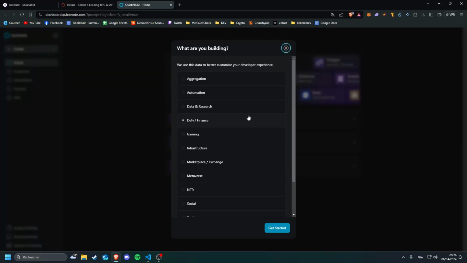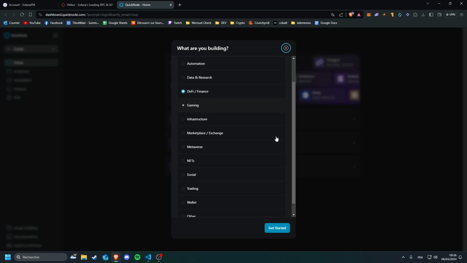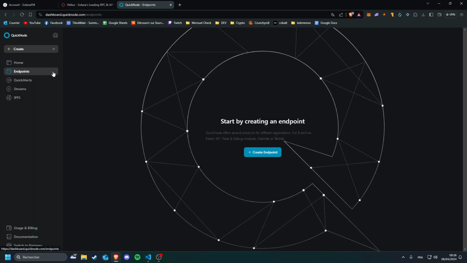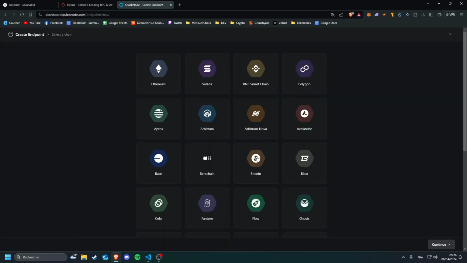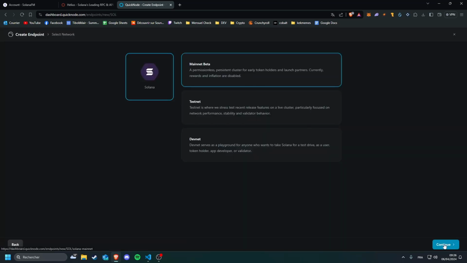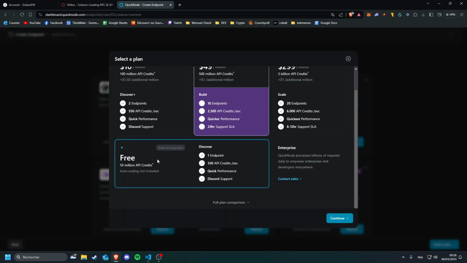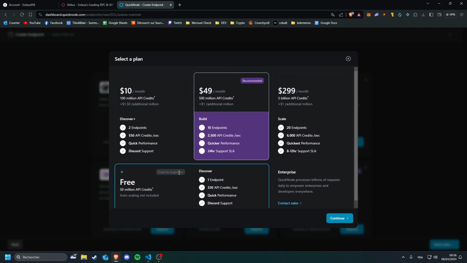Okay, so you will arrive on this page. It's not really important. You can just click DeFi and get started. You will need to go into endpoints and create an endpoint. Click on Solana, click continue, select mainnet beta, continue, and just click select plan without clicking anything else. You will click on the free one if you want to have a free try, or if you want to go on the premium plan already, you can do that too.